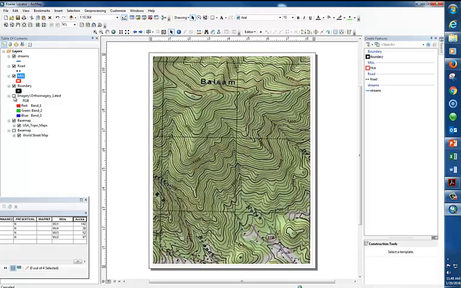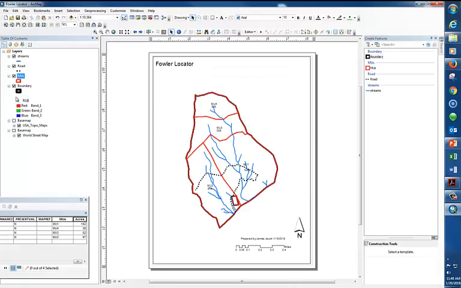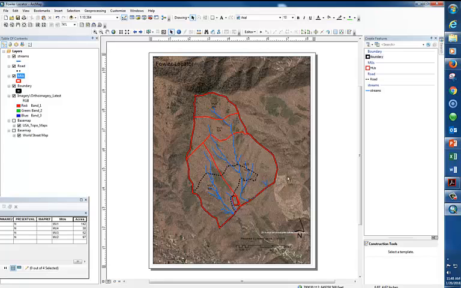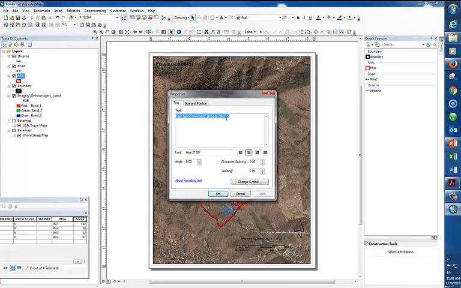And just for now, I'm going to turn off the topo. It's kind of taking its time drawing all that stuff. So most of this stuff I'm going to leave here. I'm going to move it around, but most of this stuff is already set to go because it's left over from the locator map. So what I'm going to do first is I'm going to change the name of this